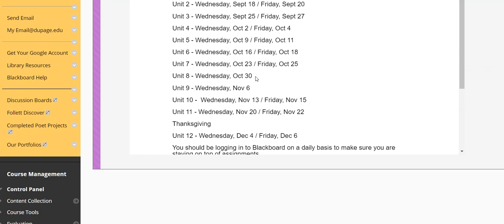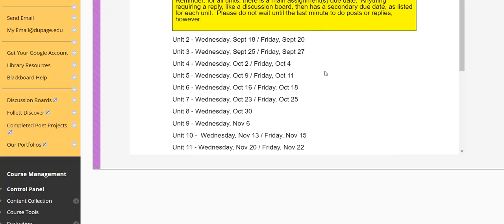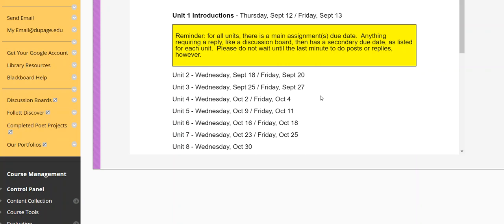Still a ways away, but because there's the work to do in addition to coordinating group dynamics, it unfolds over multiple units. It's not something I would ever expect a group to get together early in a unit and have done by the end of it. That's not how we do it. Okay, so if you have any questions or concerns, be in touch with me. And again, more than ever, it's really important to be actively in Blackboard, reading assignments carefully, and of course, holding up your end of the group bargain by being in regular communication, responding to texts or emails from your group, giving your 2 cents and making that effort, okay?